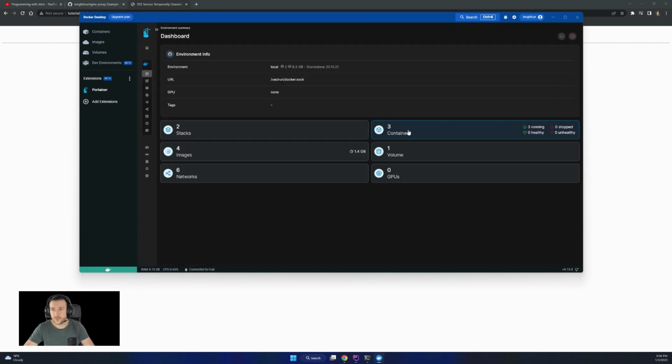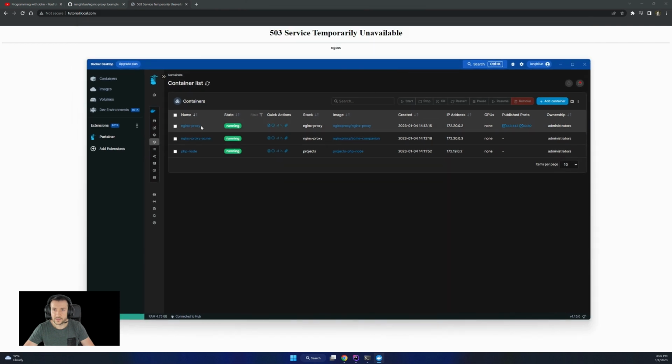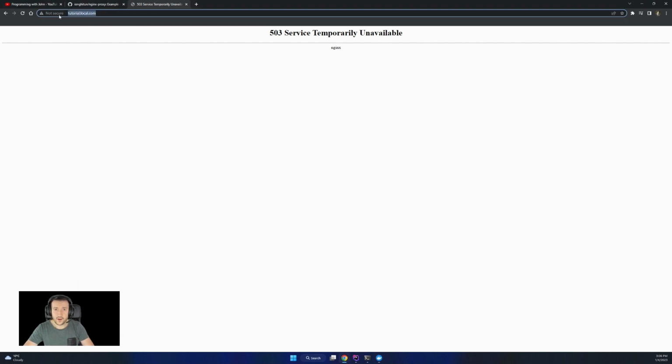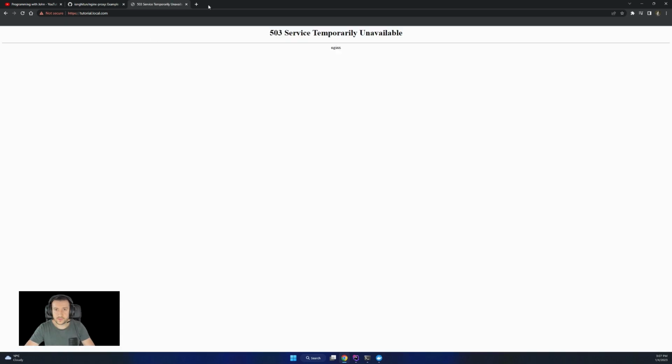This comes from Nginx proxy, because if we go to Docker, in Portainer we saw that everything that comes locally on port 443 or 80 will be forwarded to Nginx proxy 443 and 80, and Nginx proxy, depending on the name, will forward to some other containers. Even if I want to access this through HTTPS like this, it will still be 503 service temporarily unavailable, because it will reach my Nginx proxy. Okay, I'm gonna show you the whole configuration in a second.